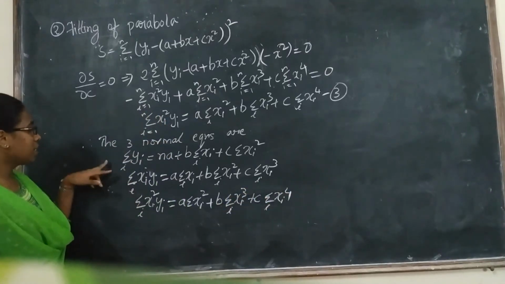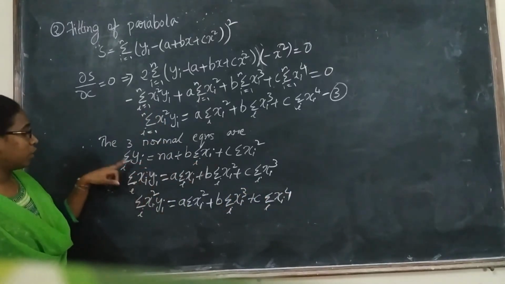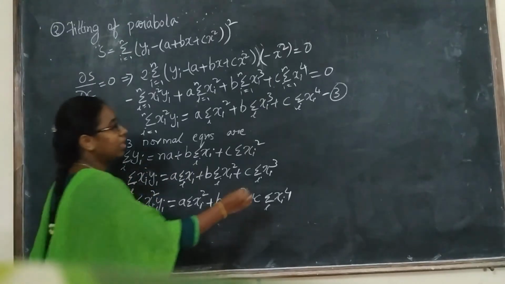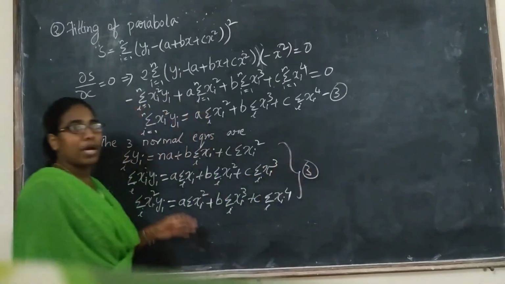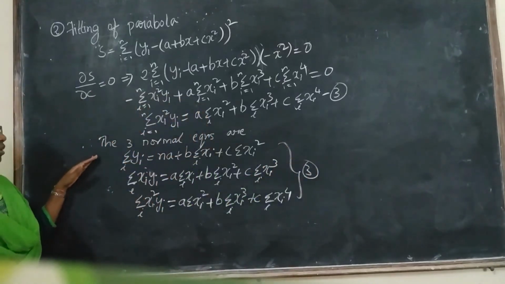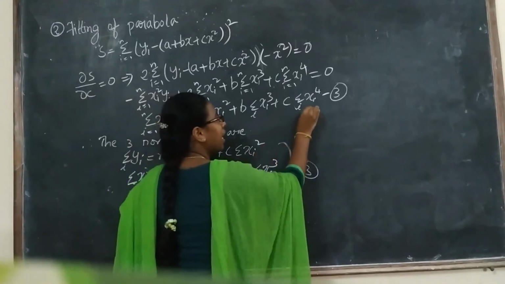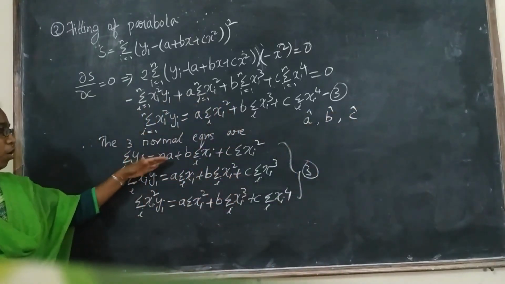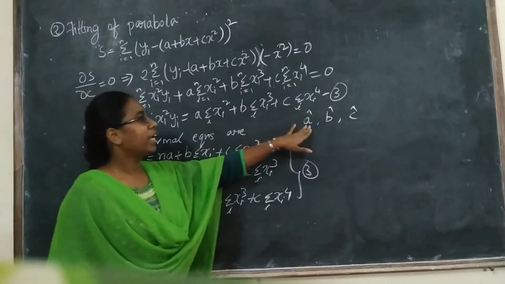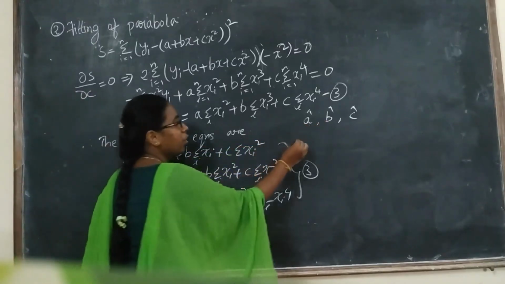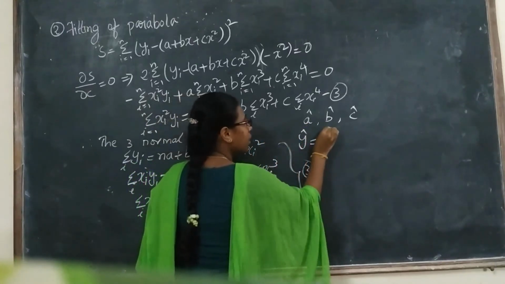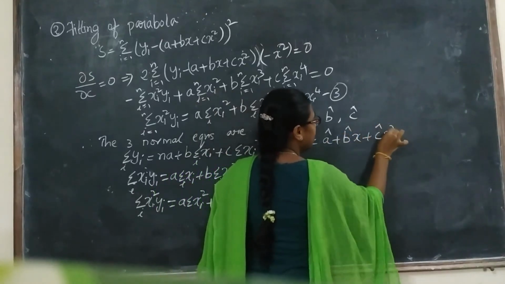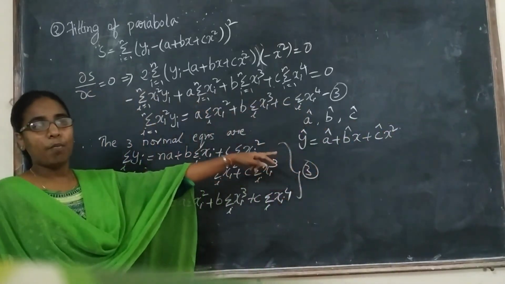The easy way to remember is, if you remember the first equation, for the second equation you have to multiply with xi. Then again for the third equation multiply with xi square. So you will get all these 3 normal equations. By solving these 3 equations, you will get the best estimates of a hat, b hat and c hat. Whatever the summation values you have, you can obtain those from the given data. So after getting a hat, b hat and c hat, the fitted equation will be y hat equals to a hat plus b hat x plus c hat x square. So this is the required parabola equation.